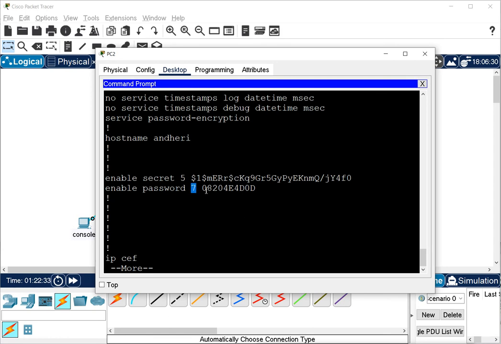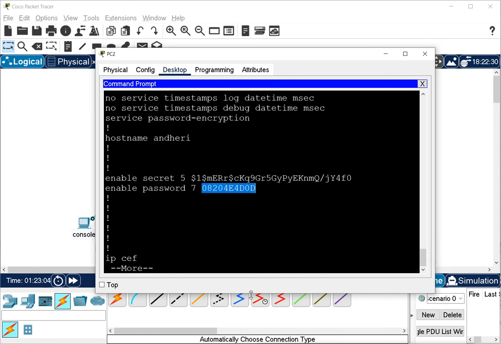Remember, encryption can be easily reversed. That means if anyone gets this value, then they can reverse the value using the same algorithm, and they can get the real value. It is very difficult to get this value, but very easy to get this value. So if someone is smart enough, they can recover this password also.